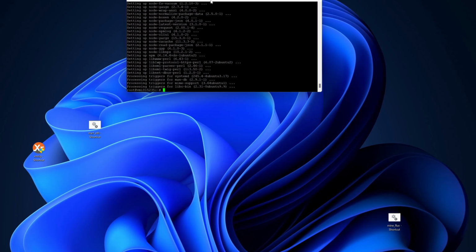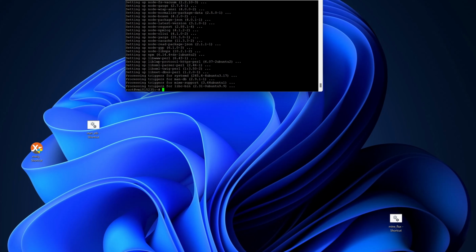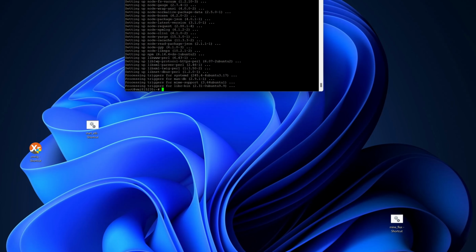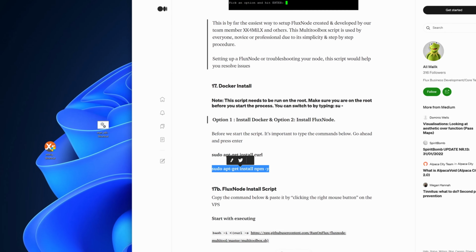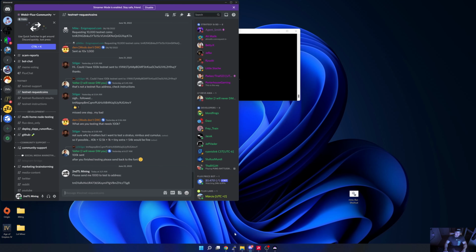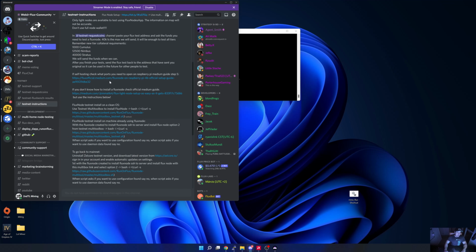Okay, so those two requirements finished installing. Now what I would now go ahead and do is start the installation process. Now if I go back to my web page, normally the next step in the process would be to run the multi-toolbox. And again, in this specific scenario, because I'm installing on the testnet, I'm not going to do this. And that's where I'm going to go back to Discord. So if I just minimize this, open up Discord and go back to the test instructions,